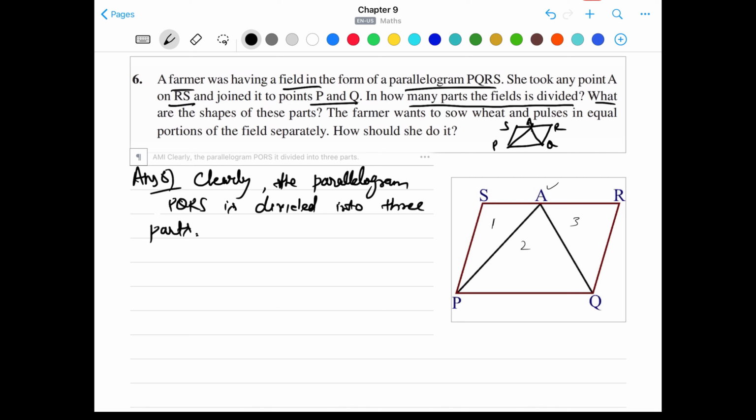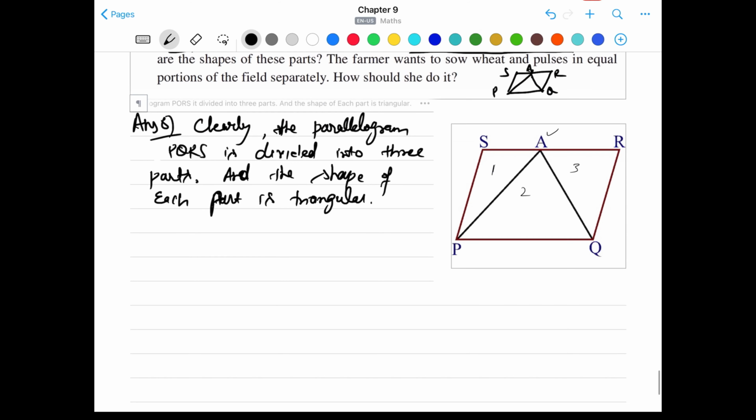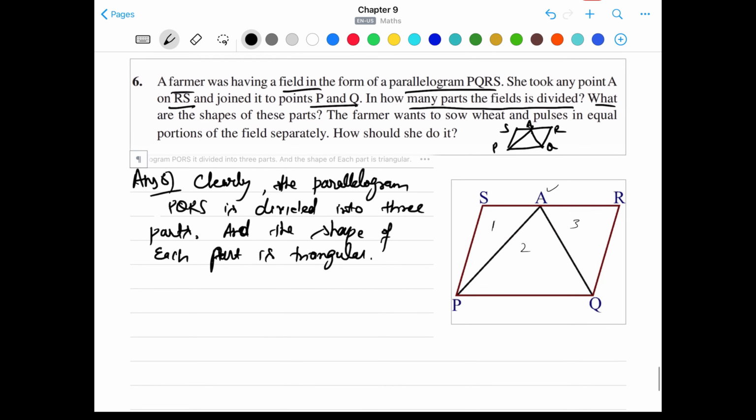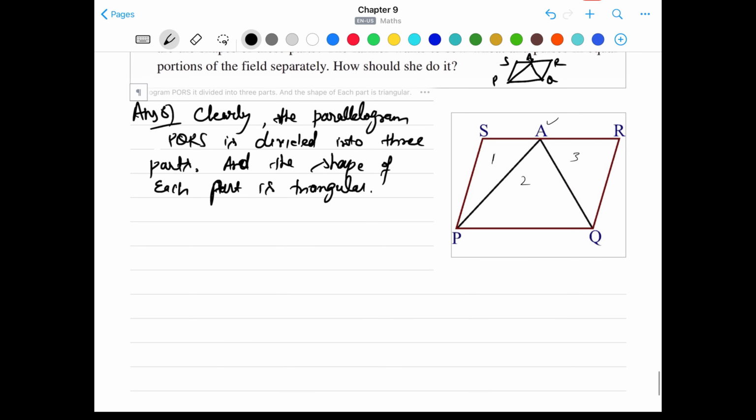further you are asked to write what is the shape of these parts. Okay, all right, and the shape of each part is triangular. Okay, further you are asked, the farmer wants to sow the wheat and the pulses in equal portions of the field separately. How should she do it? Okay, for this what we're going to do is, we'll apply the statement of example number 2, which is, we'll write,